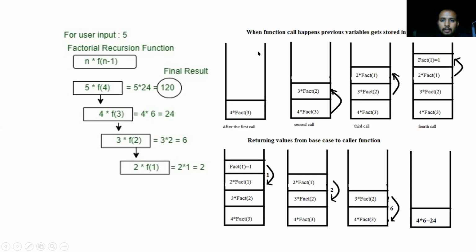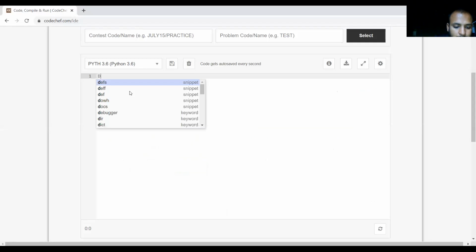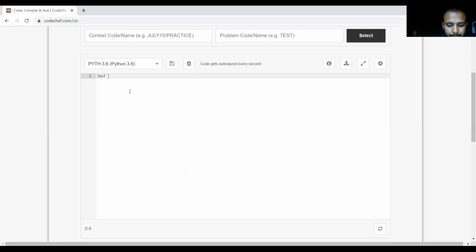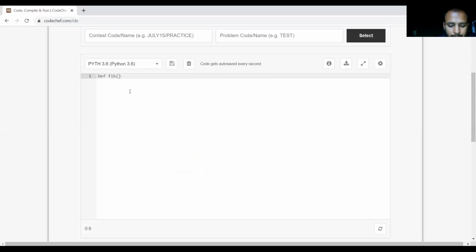Okay. Now let's code it to understand in a better way. So let's code it in this one. In Python, we need to define def.